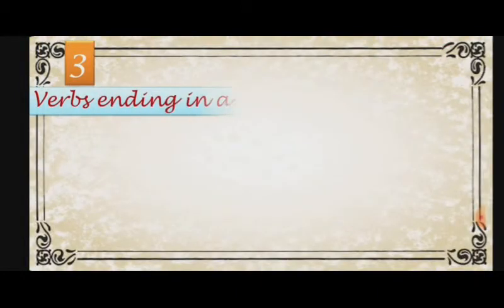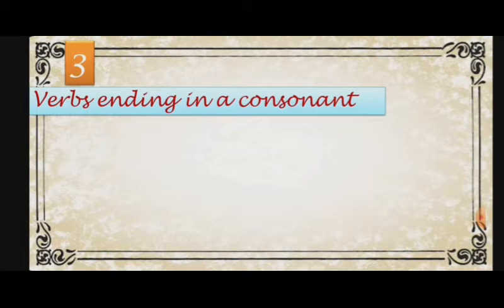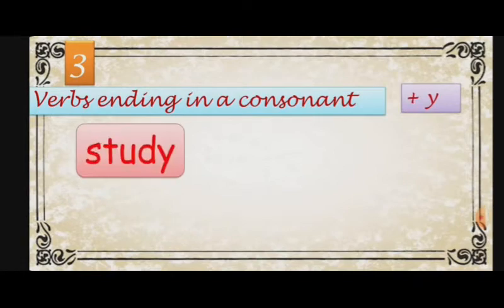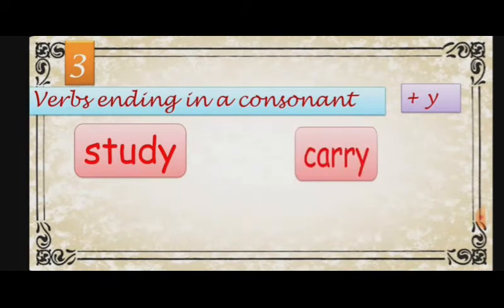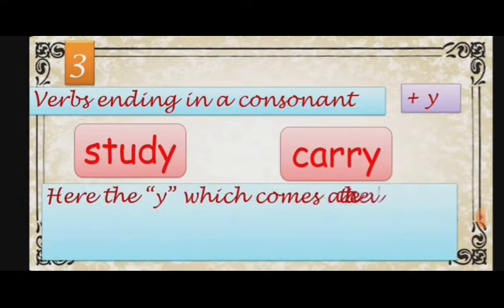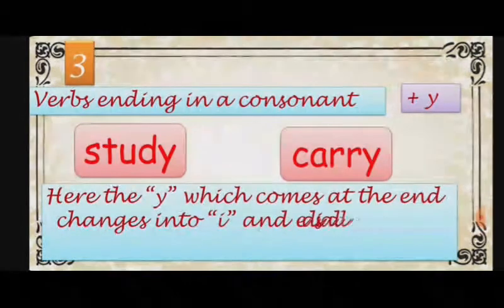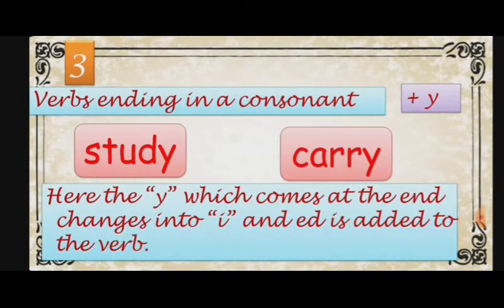Now, moving to the third rule. The third rule says that the verbs ending in a consonant plus y at the end of the verb. For example, study or carry. Here, the y which comes at the end changes into i and ed is added to the verb to make it past tense. For example,